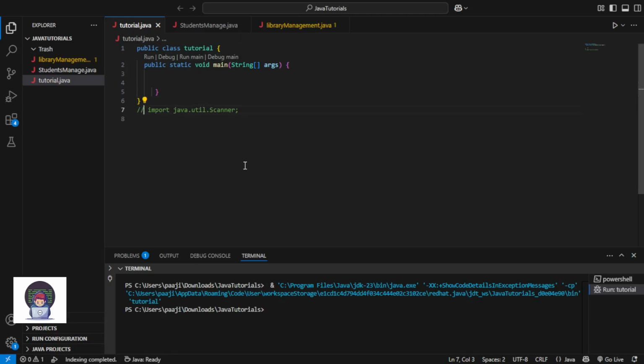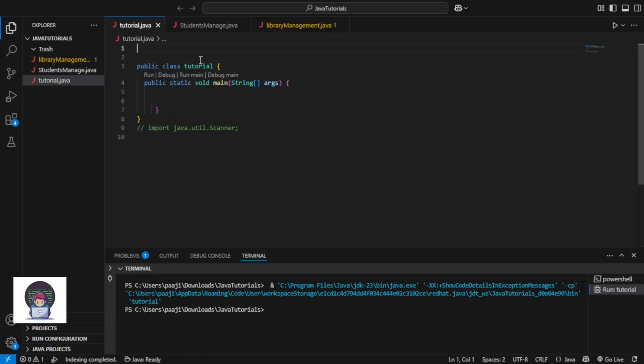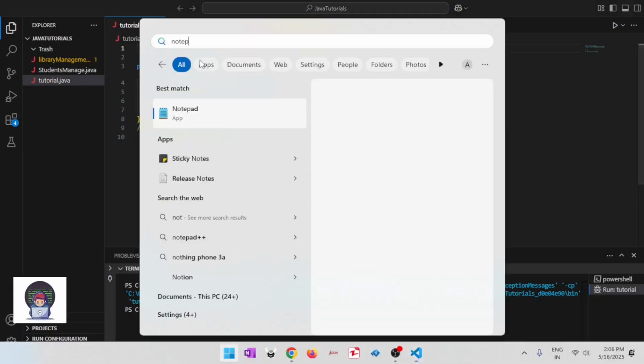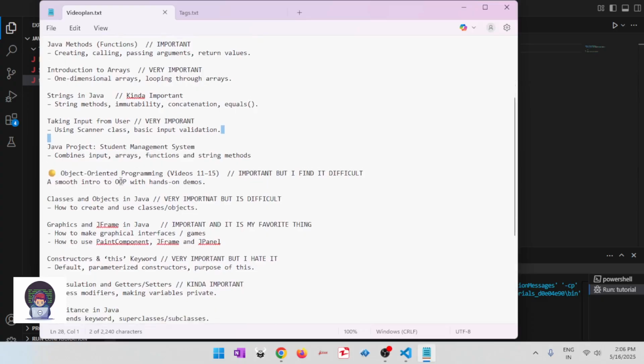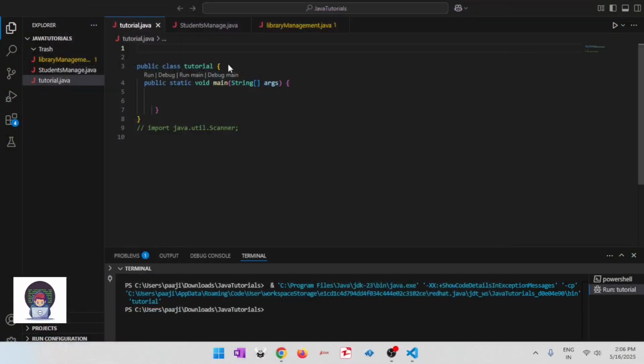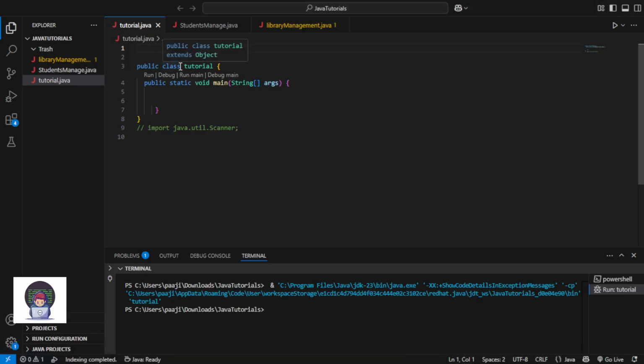Okay, so now let's see. The first thing they created was java.lang. Okay, so it was a class. A class just means, okay, I will tell you in the classes and objects episode, that if you import a class to your file, your project, then it will add some functionality, some things that you couldn't do without it. Okay, so basically, let me just show you. The first thing that they made was java.lang.